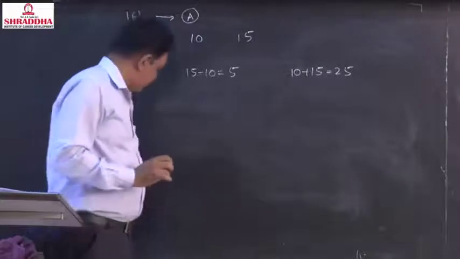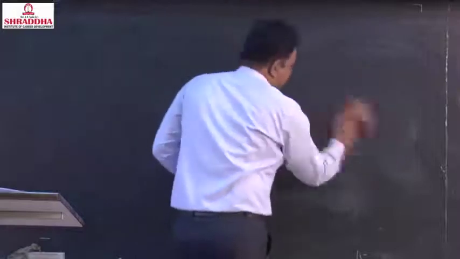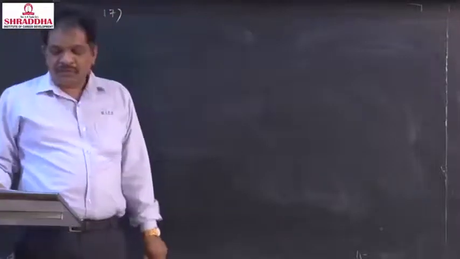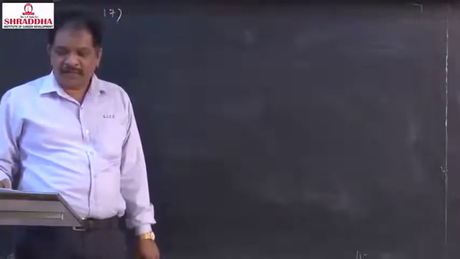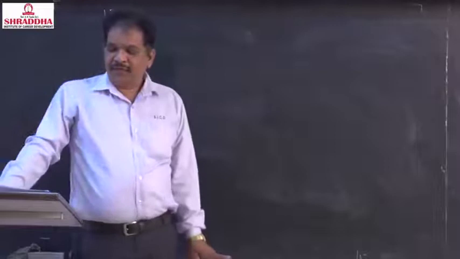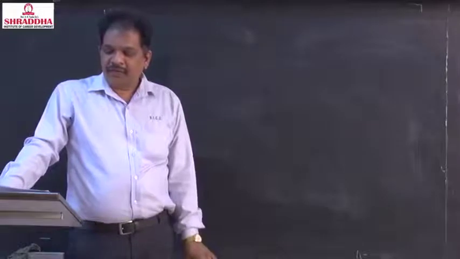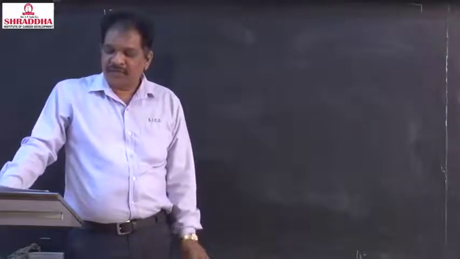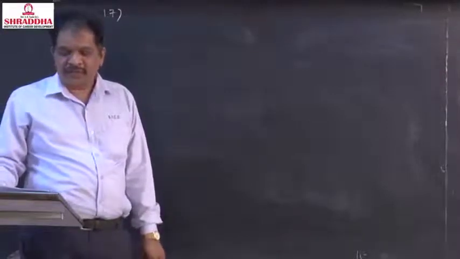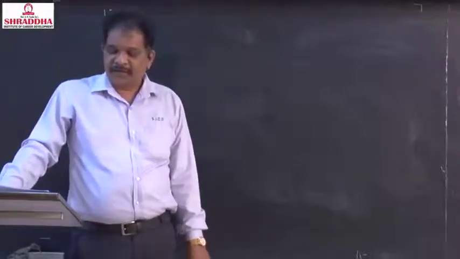Am I clear? Next. 17, little bit lengthy question. Check once again, we'll see. 17, what they are asking, see. Two forces F1 and F2 are acting at a point whose resultant is F. If F2 is doubled, F is also doubled. F2 is reversed, then also F is doubled. Then F1 is to F2 is to F is how much? That is the question.